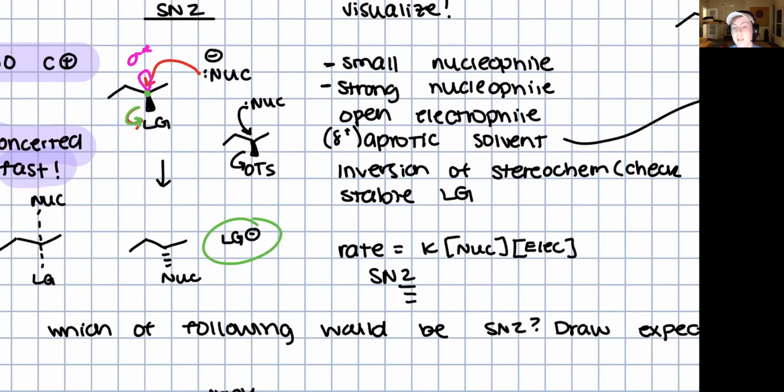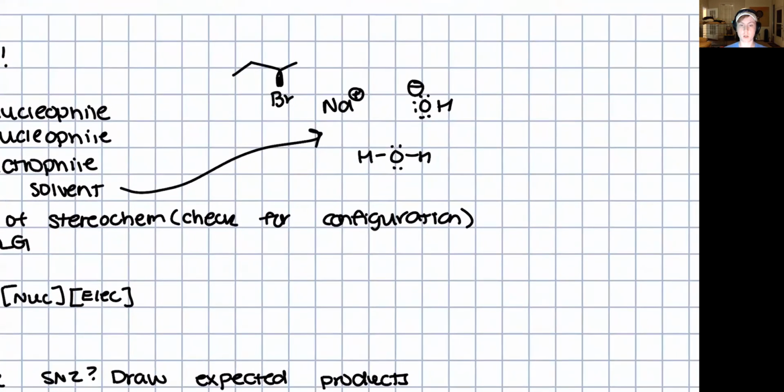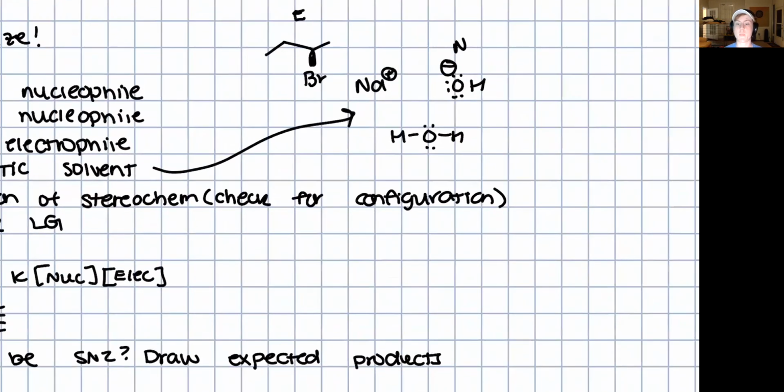And then the next point is the solvent that we use. And this is kind of less important. This is always what I consider at the very, very end. And so what we want is a polar aprotic solvent. So if we were to come over here and we have our electrophile, we have our nucleophile, if we had a protic solvent instead of an aprotic solvent, what that basically means is that our solvent is able to give up hydrogens. And so what will happen is, we can have this strong nucleophile interact with our electrophile, but